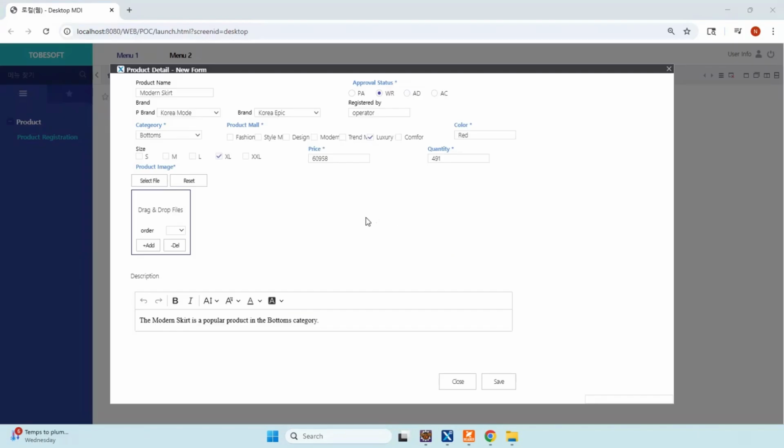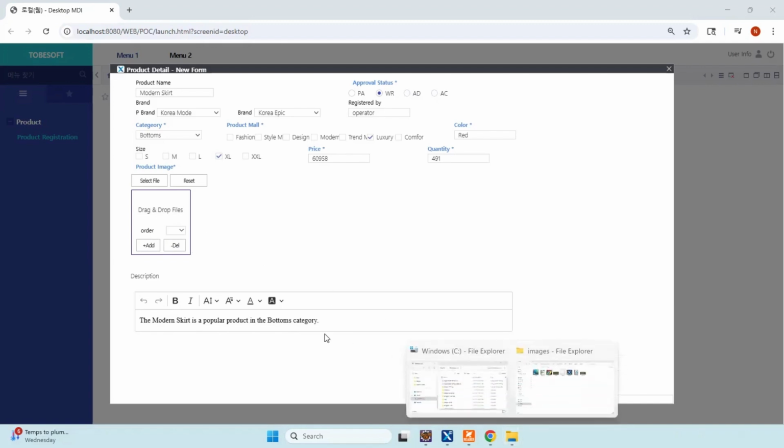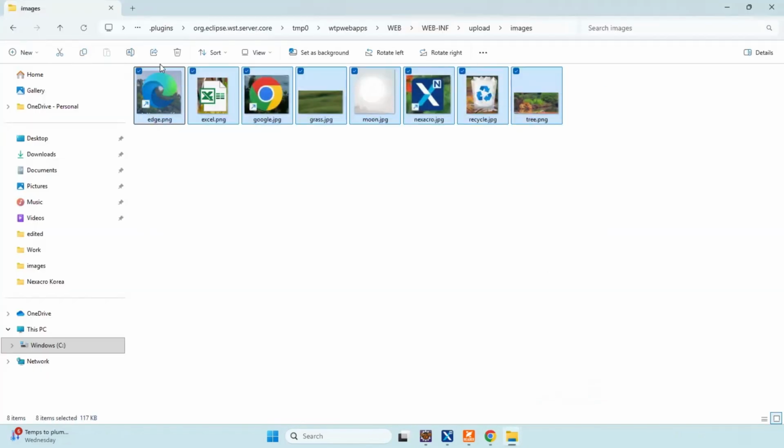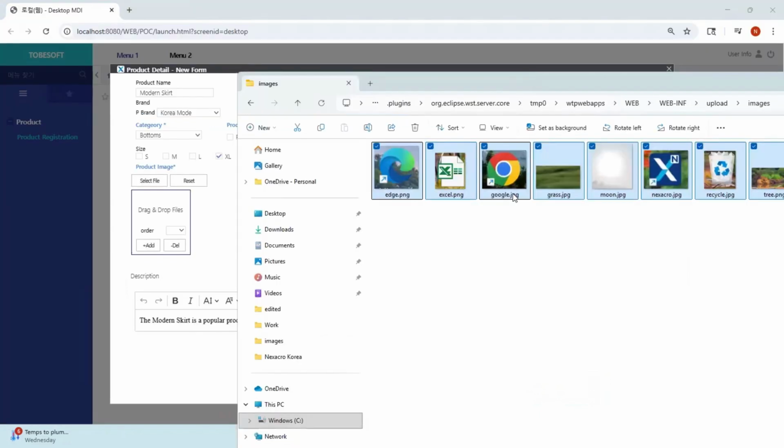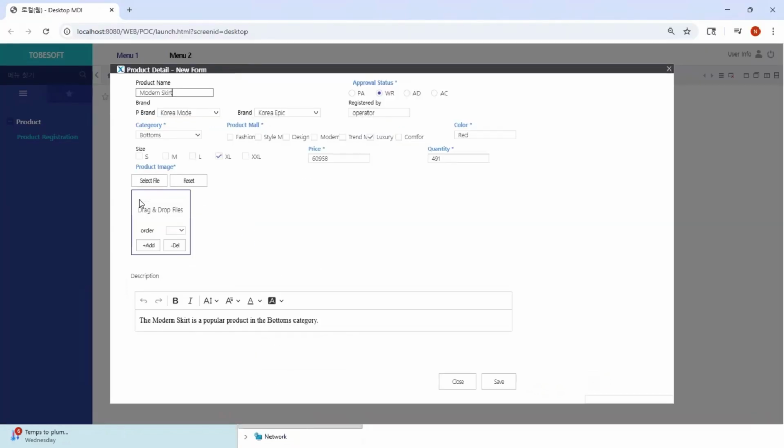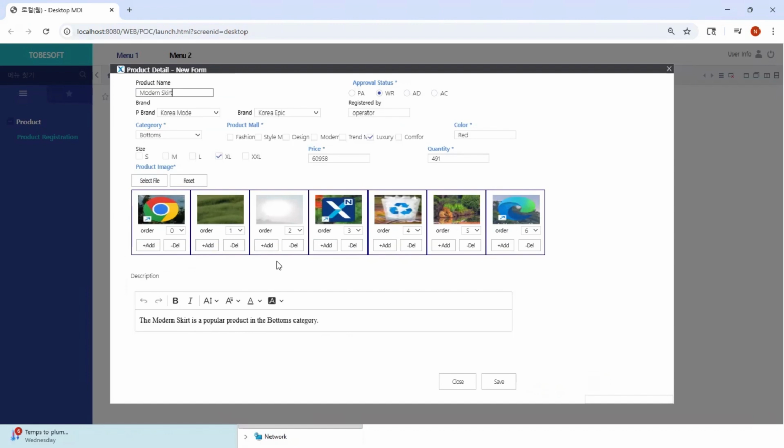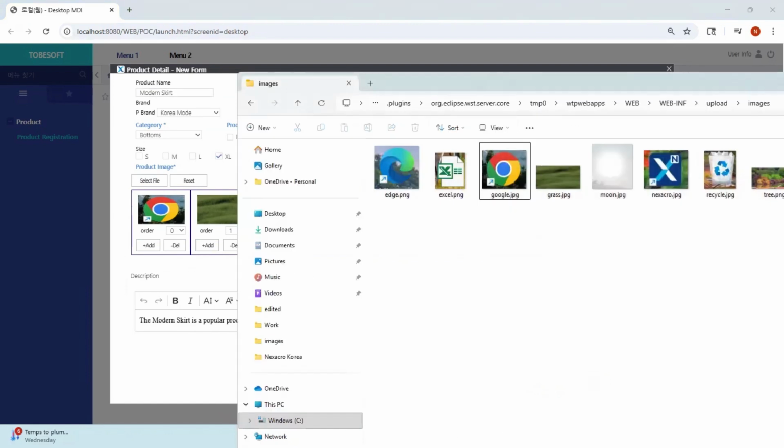Now let's look at the drag and drop and the functionality of add and delete, and also the order change here. So you can select multiple files and use drag and drop to drop a file.